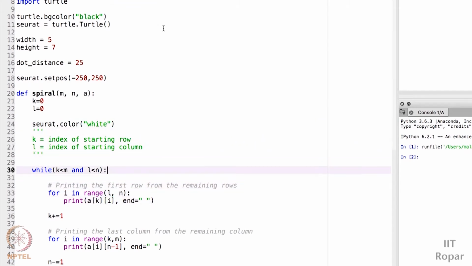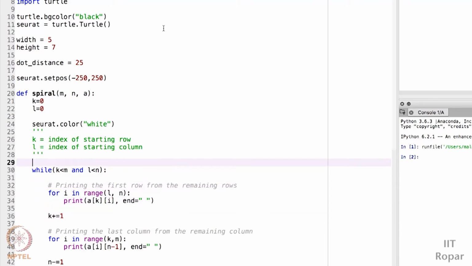Whenever I print a first row, after going through the first row, my turtle position should be at an angle of 90 degrees. It should move at the angle of 90 degrees so that it can go downwards. So in order to go downwards, I have to move the position of turtle with an angle of 90 degrees. But it should print the first row as usual. I mean, it should go forward in the right direction. It should not print in a downward direction from the first row only.